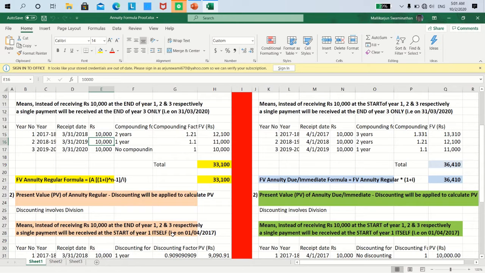Now, since in the case of the first installment in row 15, he is granted 2 more years to pay the amount to me, in column F, row 15, compounding is done for 2 years. And in the case of the second installment in row 16, column F, since he is granted 1 additional year, the compounding factor is taken as 1 year. And in the case of the third installment in cell F17, since he pays the third installment on the correct date only, there is no compounding involved at all.